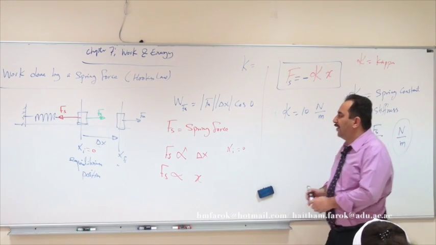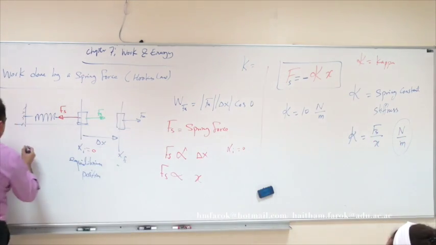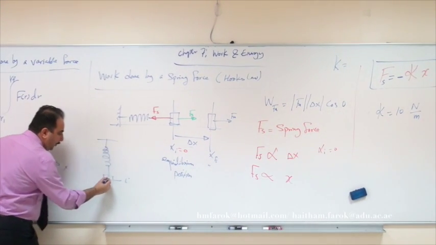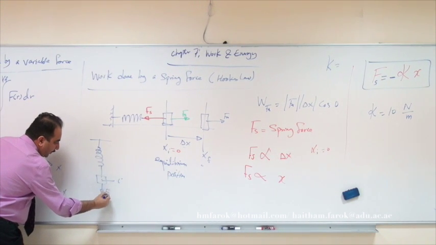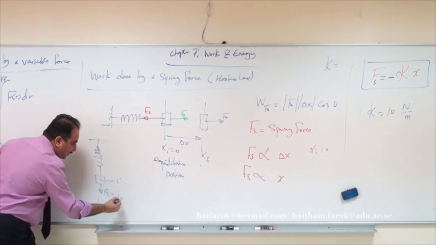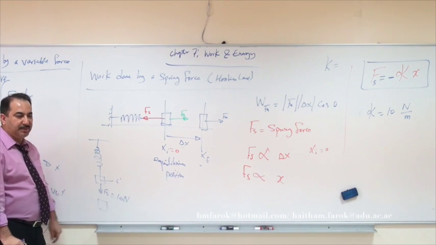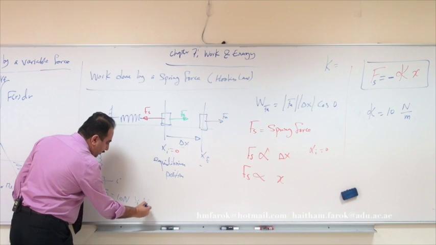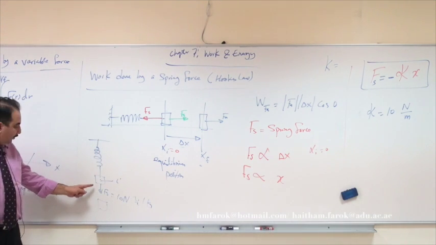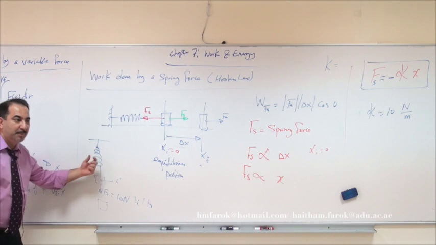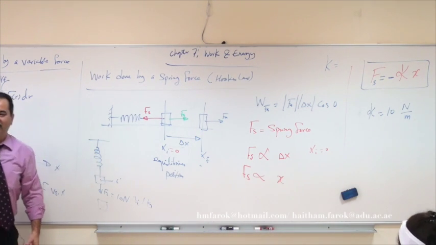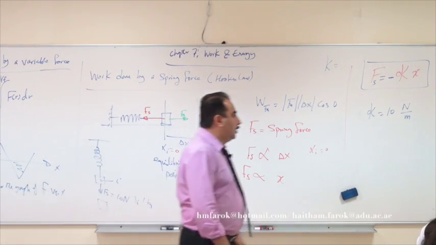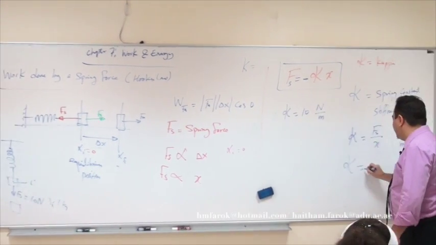Think of if I use the spring vertically, not horizontally. This is initial. If I put a weight here, Fg, yeah? When Fg is 10 Newton, what does that mean? What's the mass? Nearly 1 kilogram, yeah? So if you hang 1 kilogram here, it extends the spring by 1 meter. So soft, yeah? Kappa is low. But if you have a kappa of 1,000,